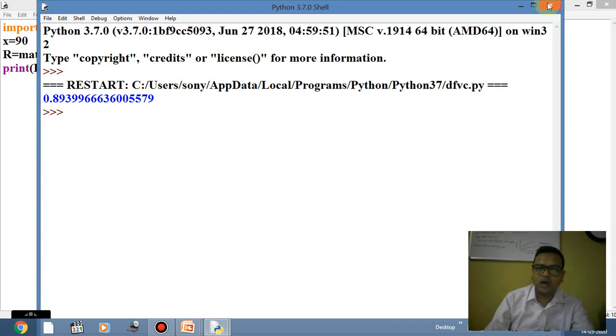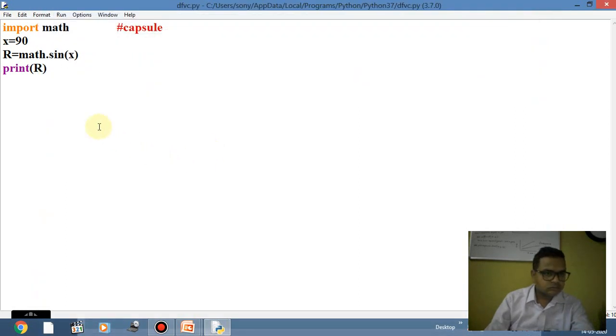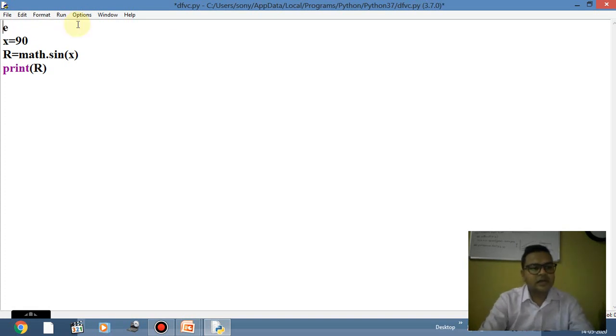But if you round off this value, that may give a value of 1. Clear? So that is all about this condition. That is the first way I am going to import this math module. Clear? Now the second method of importing will be the from method.